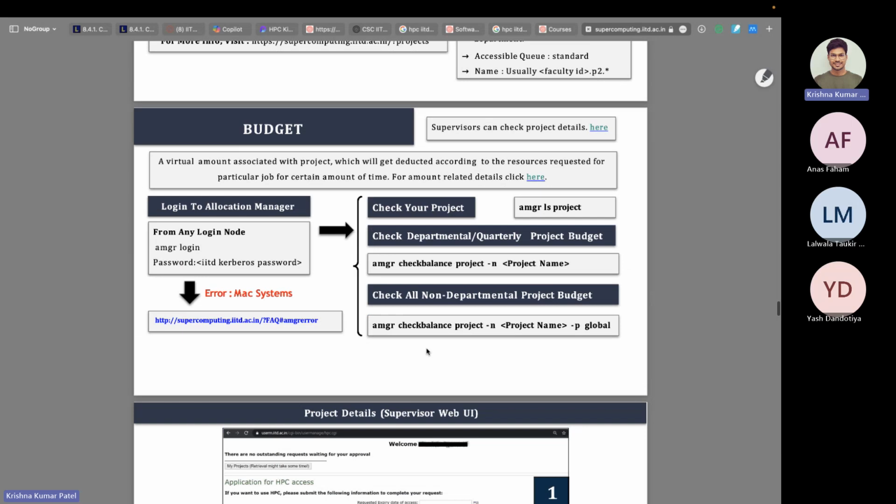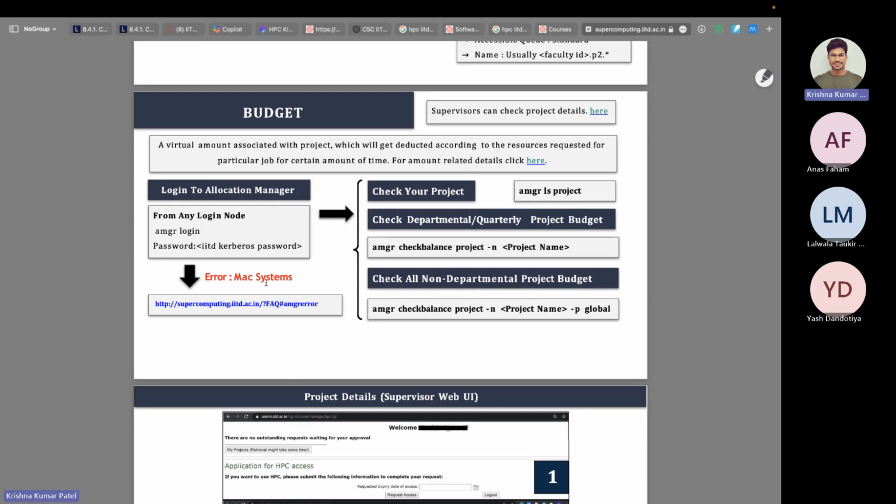Also, budget and all, how you check it. Yes, coming to budget, when you are logged in to HPC, this is the command. This is how you log in. I think they just call it some manager command. Yeah, administrative. So you basically run this command and then you enter your password, and after that you